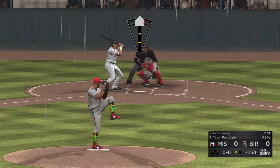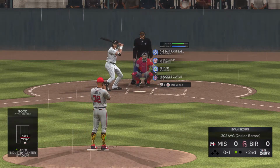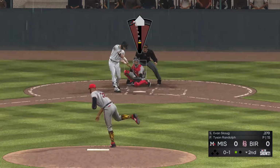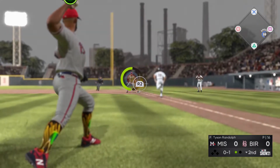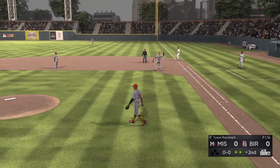Next to dig in, Evan Skog. And you can see his home road splits there. He has not fared very well in front of the home crowd, oddly enough. What a well-executed fastball right there, down and away. If you're going to do any damage with that pitch, you have to think up the middle the other way, and you have to be diving and leaning out over that